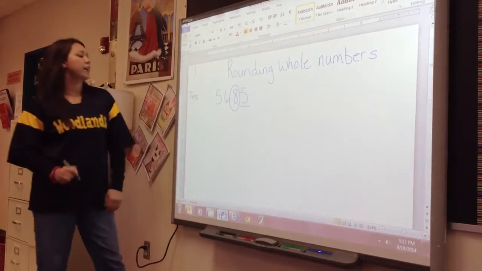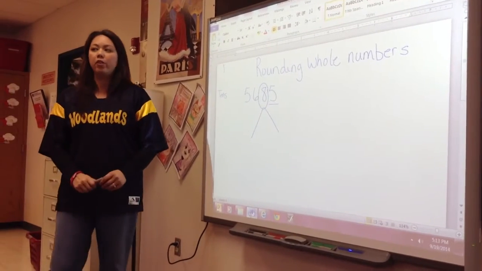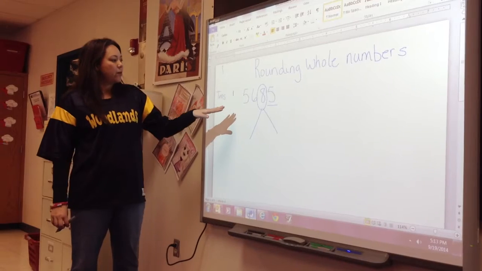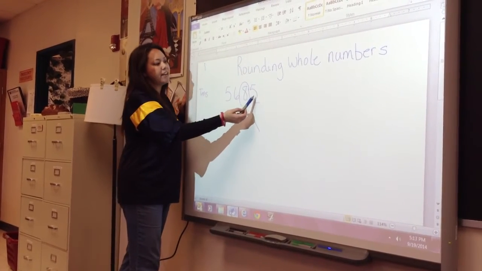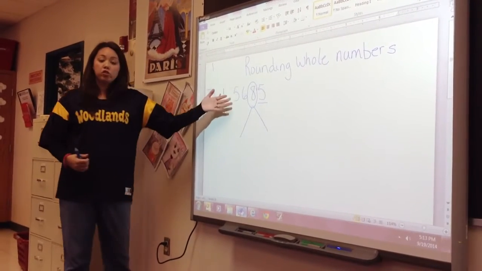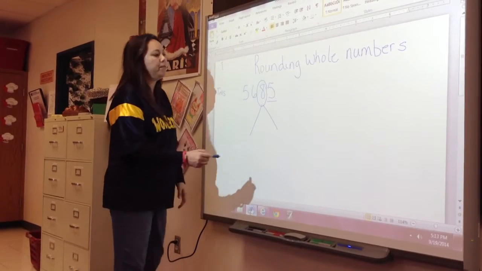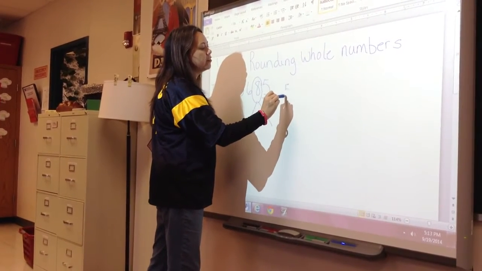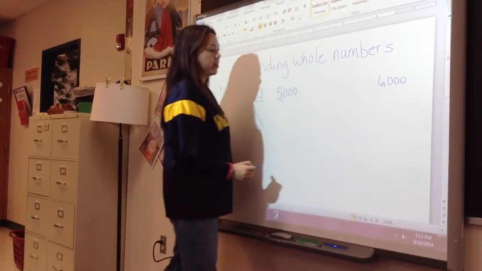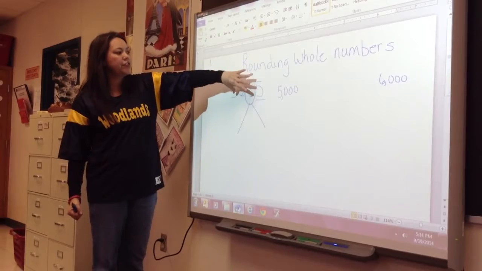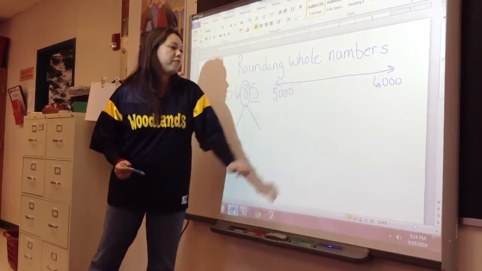underline it. Okay? So we have that part of our wrap down, but then we make our triangle legs, because we call this actually the rounding triangle. Now, what we first talk about is look at the entire number. This number, 5,685, it is somewhere between, its greatest place value is 5,000. So we start out there and we say this number is between 5,000 when we're counting and 6,000. Okay? Now that's the thousands place, and we know that this number would fit somewhere on a number line